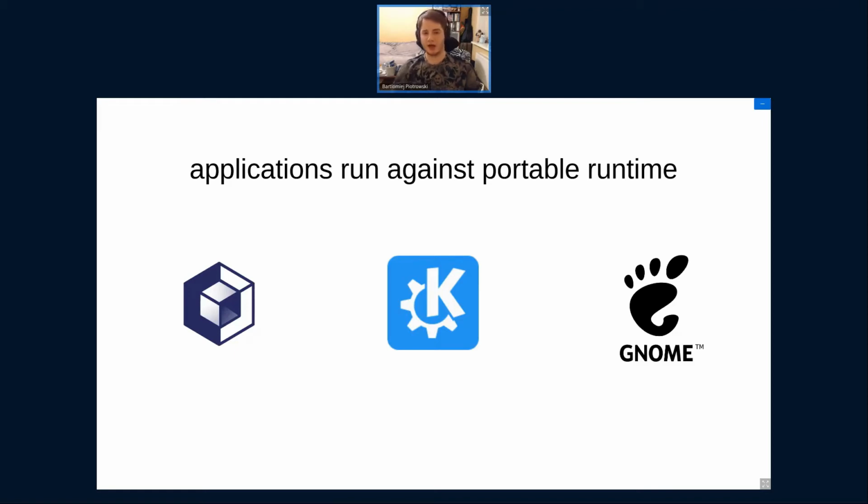However, as an app maintainer, you are not limited to just what the runtimes provide, but you can also bundle specific dependencies that only your app needs. So you don't need to care about OpenSSL, but if your application needs libtiramisu, then you are good to go to bundle this.